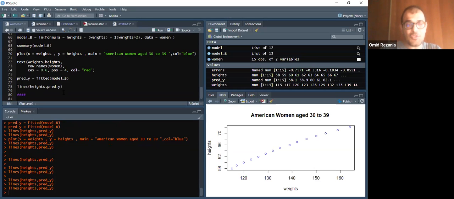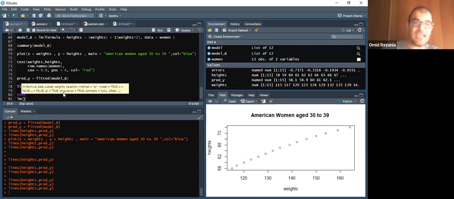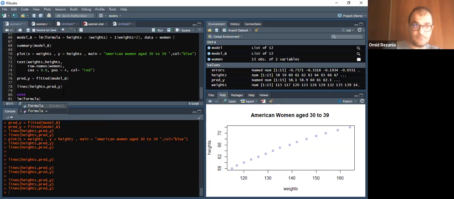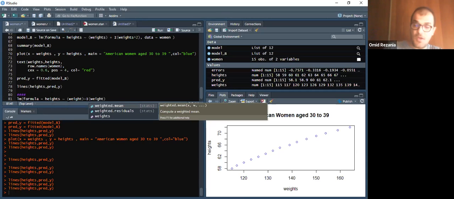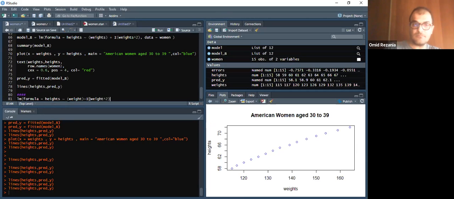I just want you now to think of what is going to be the difference if you have, let's say, a formula in your women data set that shows the height tilde weight to the power 1 plus I(weight to the power 2) plus I(weight to the power 3). You see? Now, the fitting which we had,